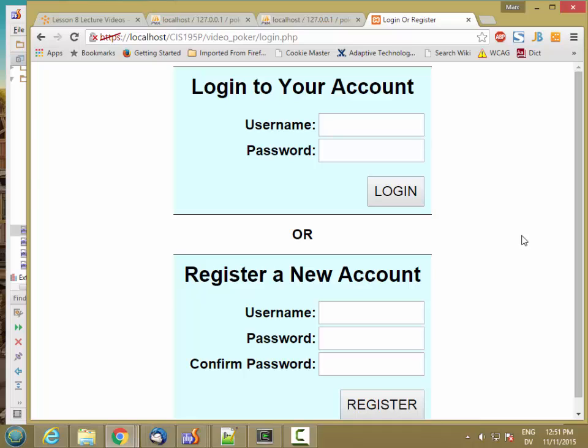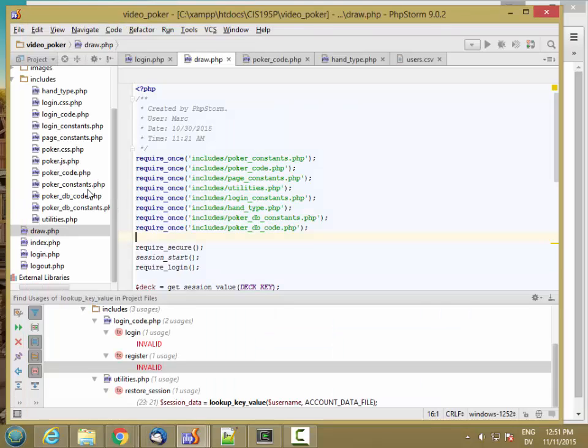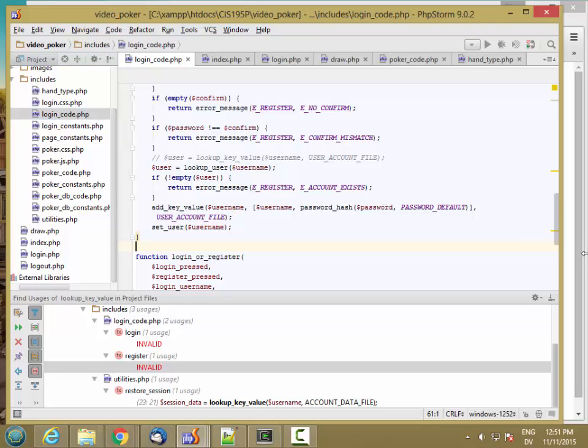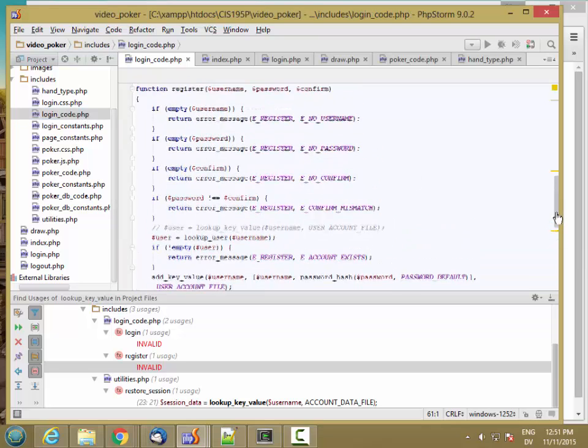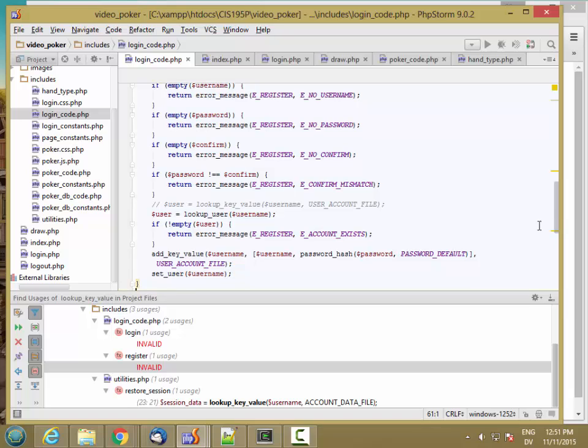So now login works with the database. Let's make registration work as well. So I'm going to go back to my login code, and here's the registration function. And basically what it's doing is it's checking to see if the user exists, and if the user doesn't exist,